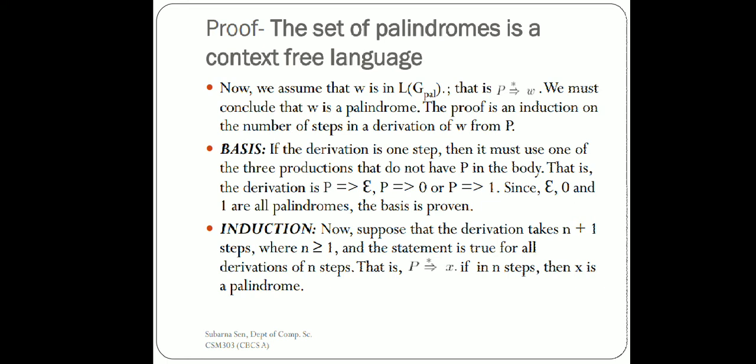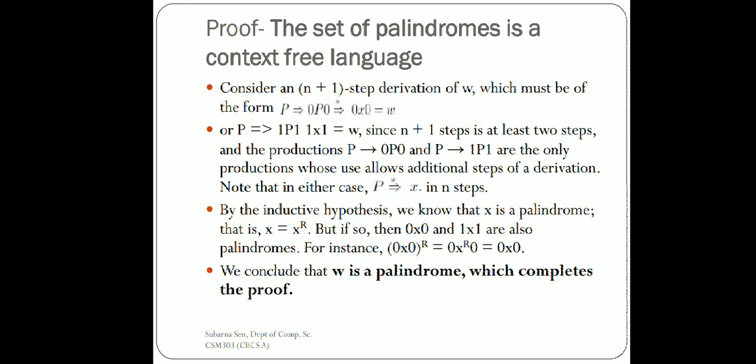Now if we have to move to the production rules where a single production rule is not enough to describe the grammar, then we have to follow the method of induction. In our basis case, only one production rule out of P derives epsilon, P derives 0, or P derives 1, our job is done. But if the length of the string is 2 or more, then one production rule is not enough. So in the same fashion, we will assume two different choices. One is starting with 0, ending with 0, the other is starting with 1, ending with 1.